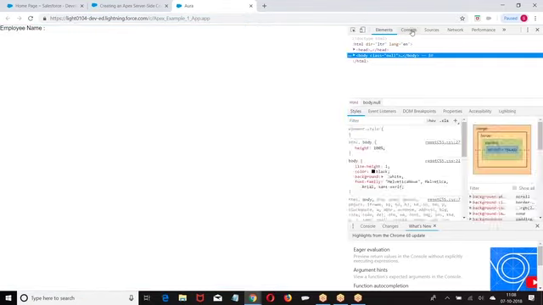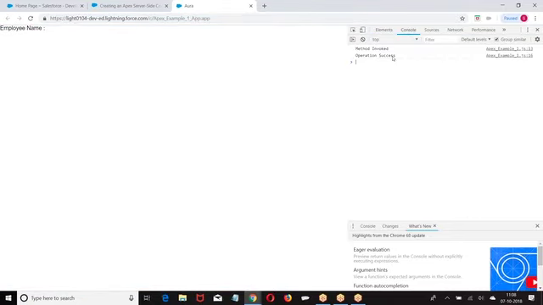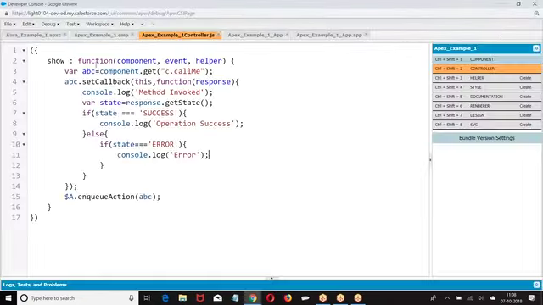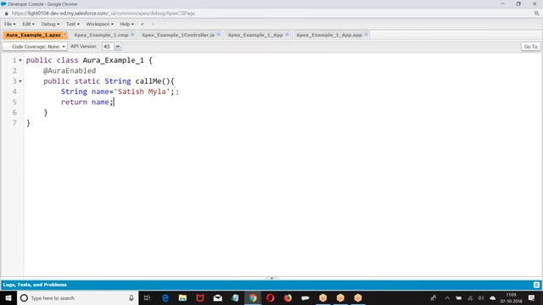Go back here. I want to inspect operation success. Now, for your understanding, I'll do one thing. That method is throwing a DML exception there, right?